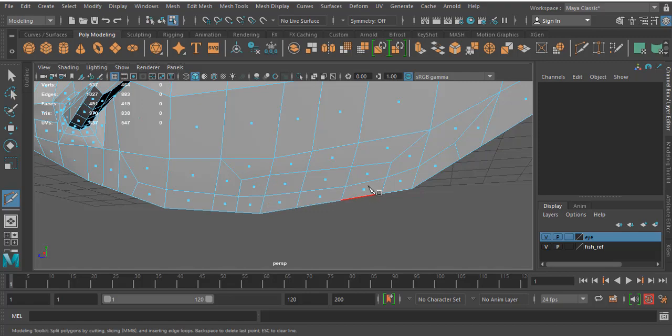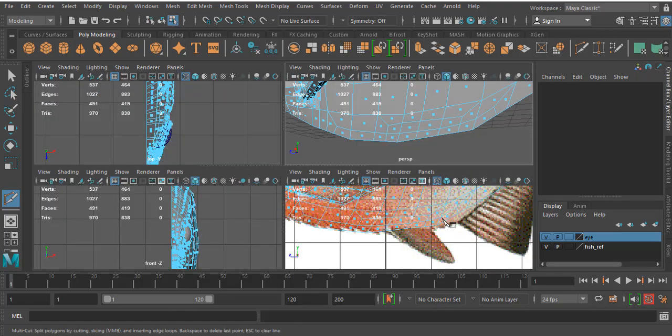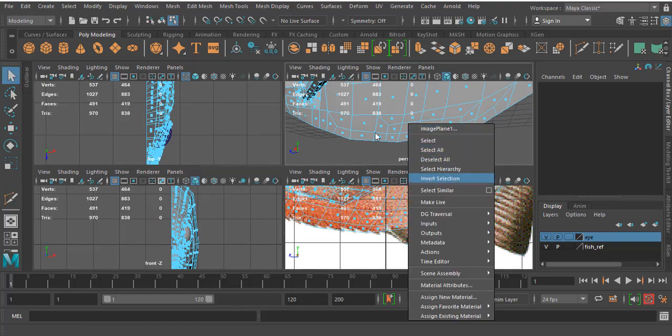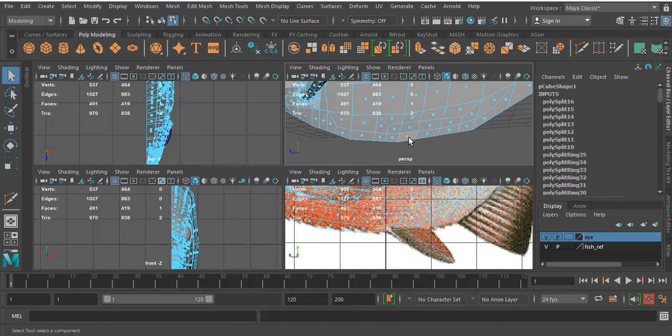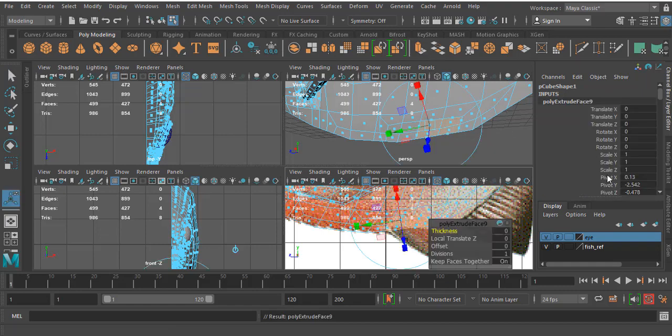I want to get this area. I think this is a little bit worse one. Like, select this. Oh, these two faces. Extrude, offset 0.1. Now extrude it once again.